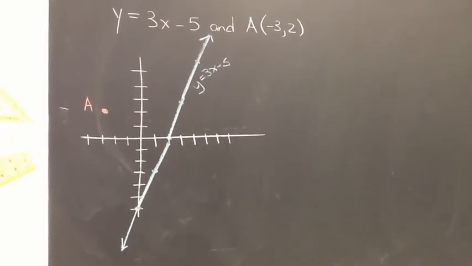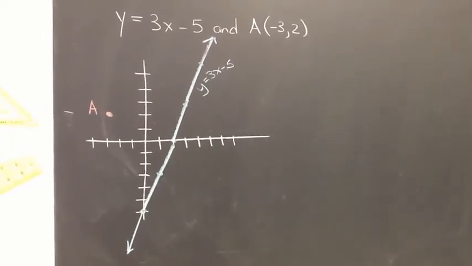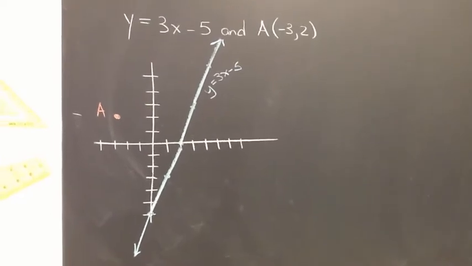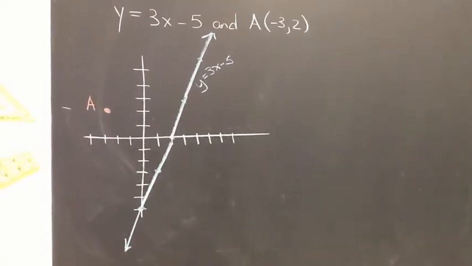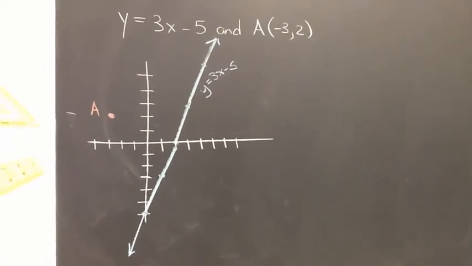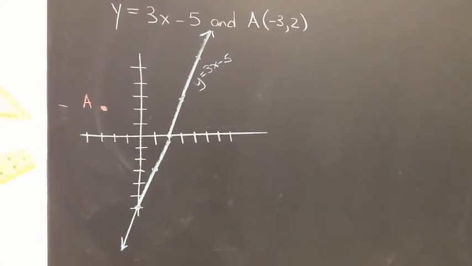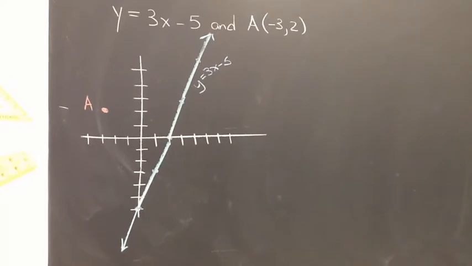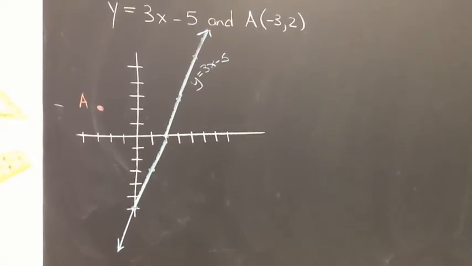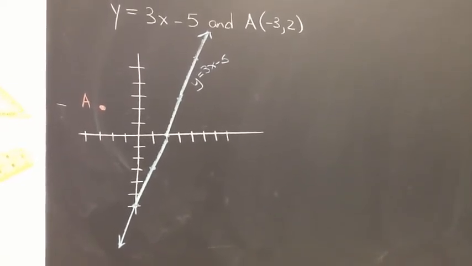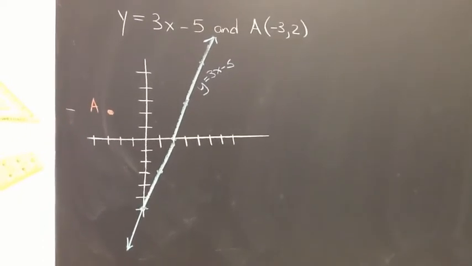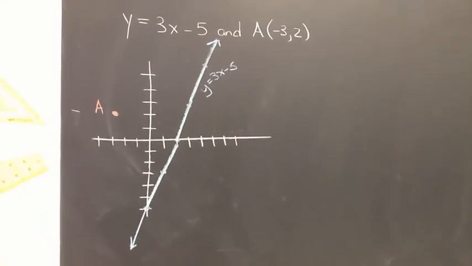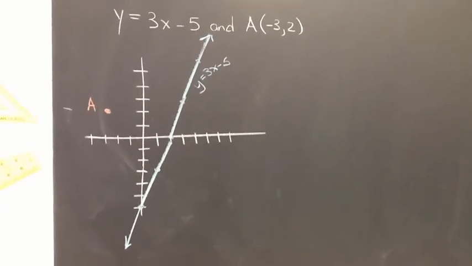And so, what we're going to have to do first is find a perpendicular line that goes through A. Then we're going to have to find where that perpendicular line and the line that we're given meet. Where do they cross? That will give us two ordered pairs. And then from those two ordered pairs, we can use the distance formula,